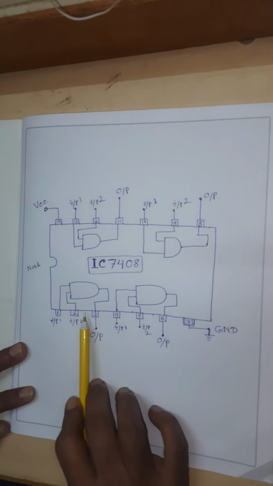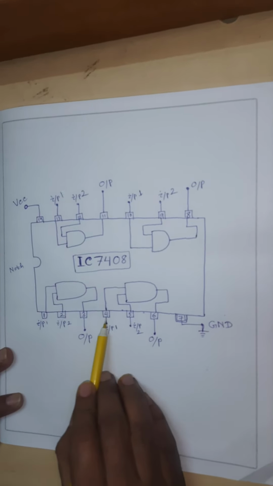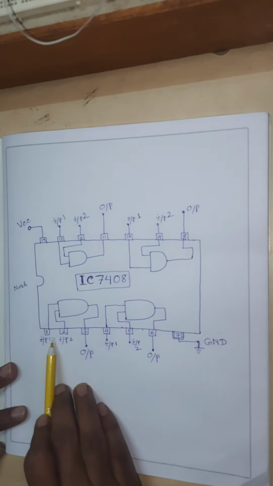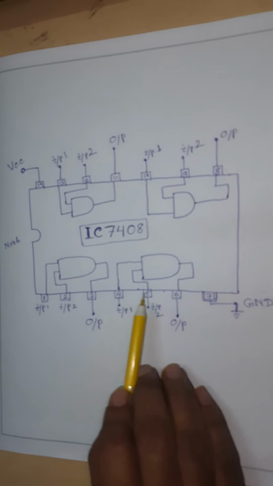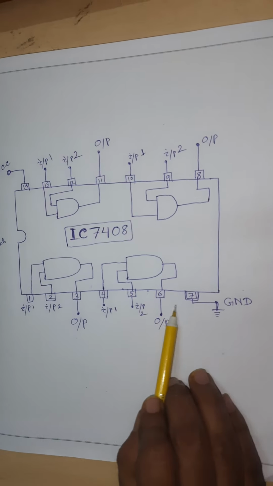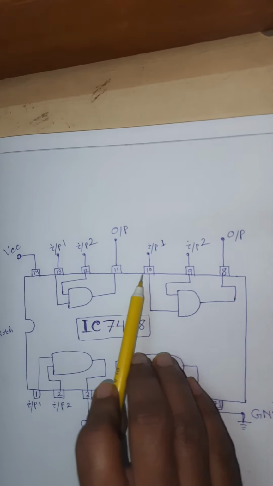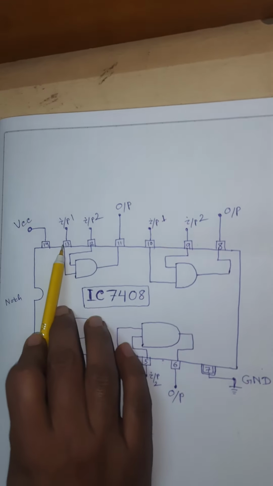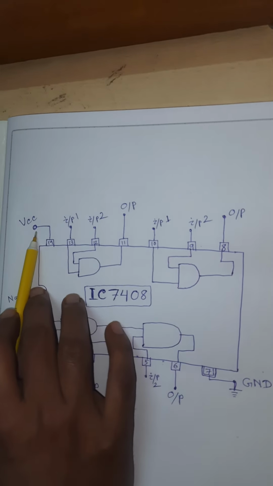That is the IC diagram of IC 7408, and you can clearly see the 14 pins, 1 2 3 4 5 6 7 8 9 10 11 12 13 14. Pins 1 and 2 are the inputs, pin 3 is the output. Pins 4 and 5 are input 1 and input 2, and 6 is the output. Pin 7 is generally grounded, that is the ground pin, and pin 8 is the output. Similarly 10 and 9 are the inputs and 11 is the output, and 13 and 12 are the inputs. The last pin, 14, is the VCC, the voltage pin.